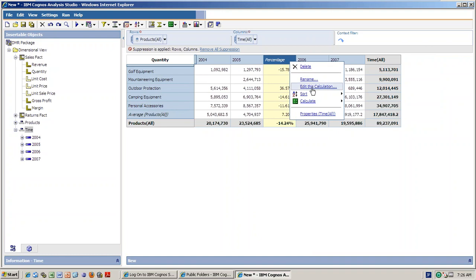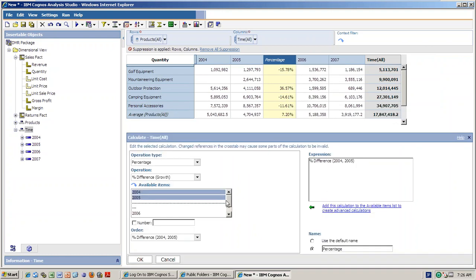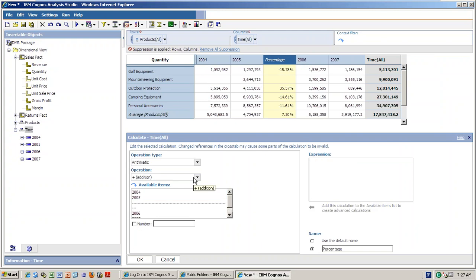Now again with this calculation, if you want to do something else, if you don't want percentage difference, if you want ranking or arithmetic functions, whether additions, subtractions, multiplications, divisions, power and all those things, you can use that.